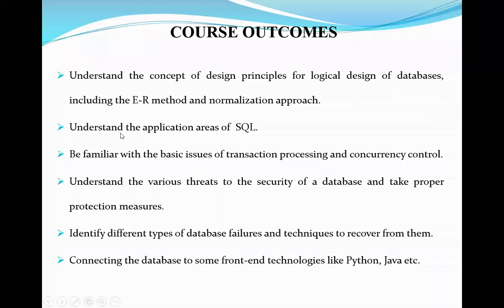And then you would also understand the application areas of SQL. That is where all you can apply the concept of SQL. You would also be familiar with the basic issues of transaction processing and concurrency control. Okay. Then you would learn what are the various threats to the security of a database, and you would take proper measures to protect against it. And then you can also identify the different types of database failures and techniques to recover from them. That means what are the possible scenarios in which your database can fail and how you can recover your data